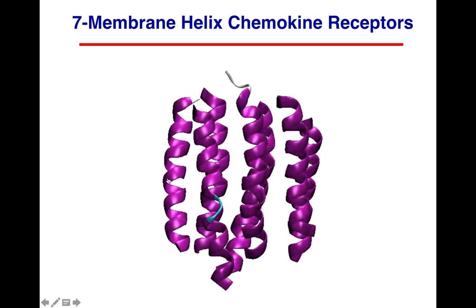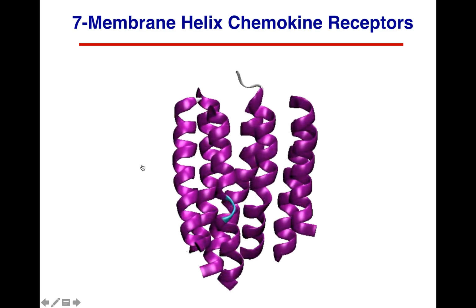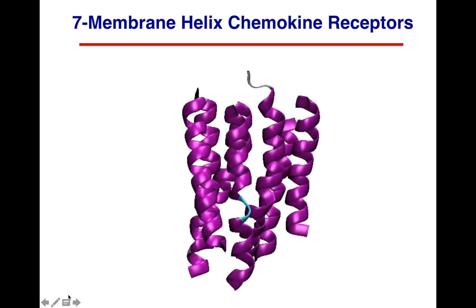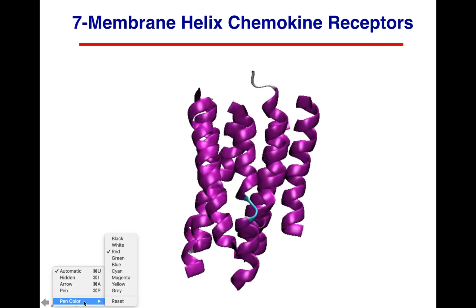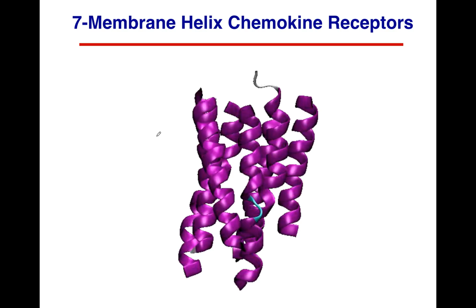The last family are the chemokines, and these are unique in that they are transmembrane, 7-membrane helix transmembrane. Sorry. What that means is that the membrane, as you probably know from GPCRs, the membrane spans this region in which the chemokine is going to interact at some spot on the